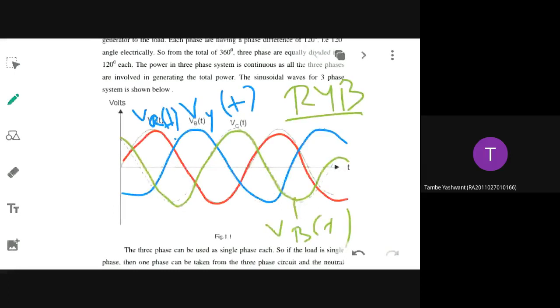So what do you mean by three-phase system? Suppose you are having a generator system, and if that generator system is designed in such a way that it is having three sets of coils, each and every set of coil will be denoted as one phase, and these coils will be displaced from each other by 120 degree. But they will be having same amplitude and same frequency. So if this is the case, it will be called as a balanced system.